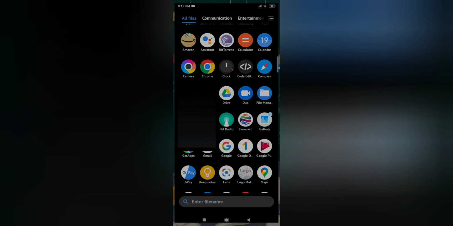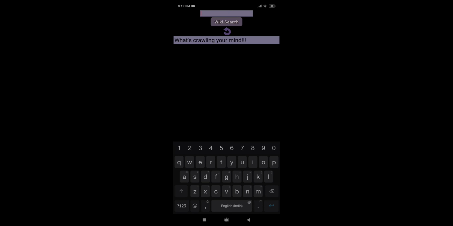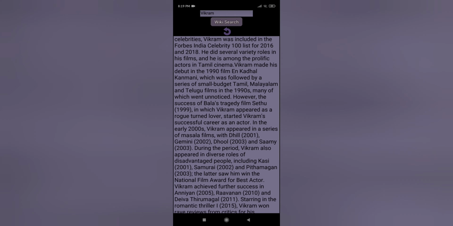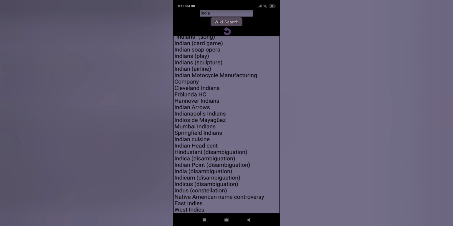I had developed an Android app. It's named Flash. Suppose I type Vikram in the input box and click the wiki search, then it will show me whatever it stores in its database. Here I am calling the Wikipedia service. Suppose now I am writing here India, and if I click again, now you can see that